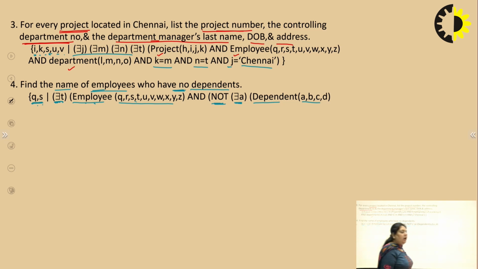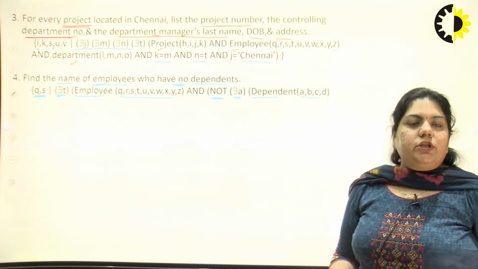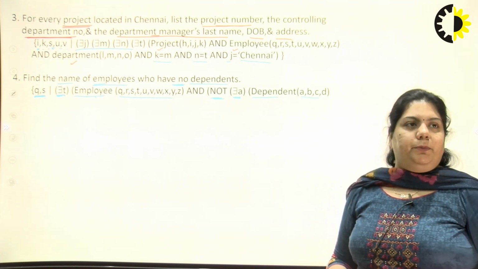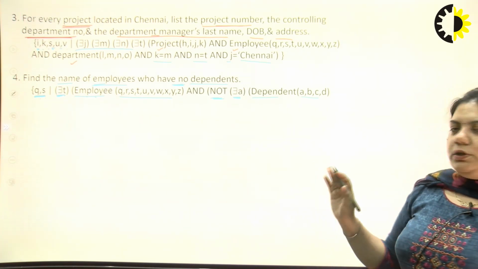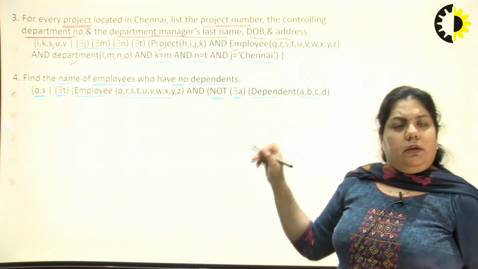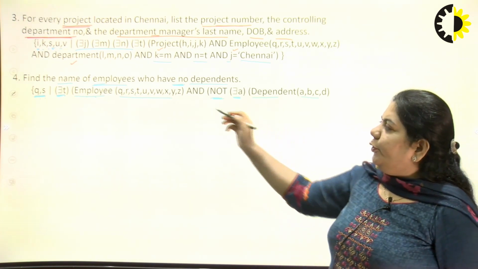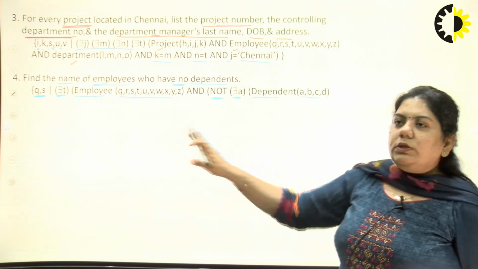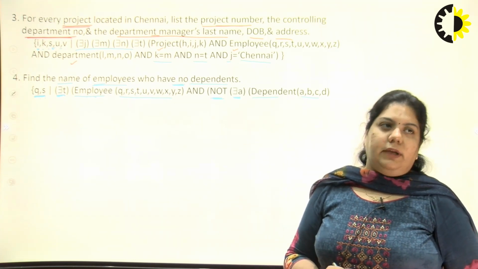So this is how we can solve domain relational calculus, in which we just have to specify the variables over the attributes and directly fetch those variables. We don't have to fetch by putting a dot sign there or by putting braces or inverted commas there. Just what you have to do, just define a variable over the attributes and fetch those variables that you want from your table in that query. That's it. Thank you.